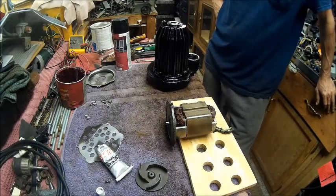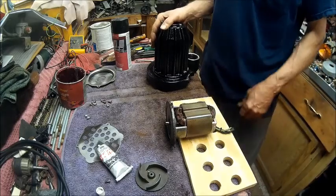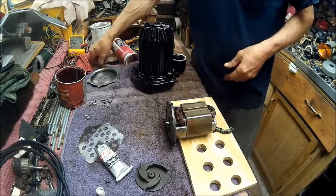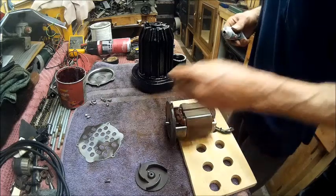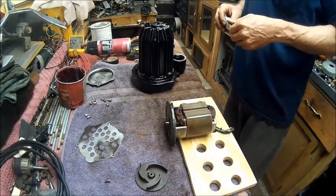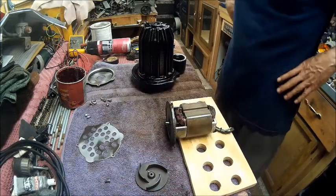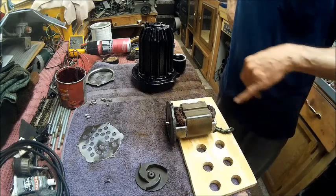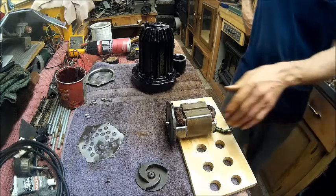I'm going to have to find a motor for it. I mean, it's a shame that this thing, I mean, everything else is in good shape and cleaned up really nice, and I was real proud of the way it was working out. And I was just telling the old lady last night, that was the easiest thing I ever cleaned up. And now it don't work. The coils are heating up, so